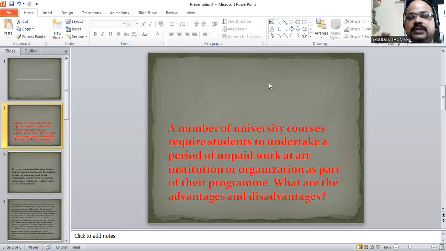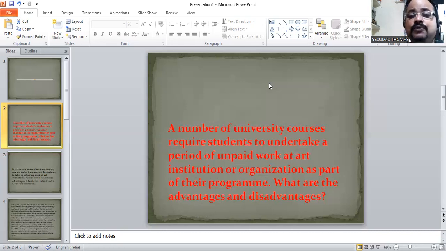We are going and seeing this particular phenomenon in general. So we are not going to answer this from my personal viewpoint. You have to see the common things. You have to see what happens in general if this happens. So you are looking from outside. You are not a university student. So I'm looking from outside and seeing how it will be beneficial for a university student and how it counteracts. So at no point are you supposed to give your personal opinion in this particular question.